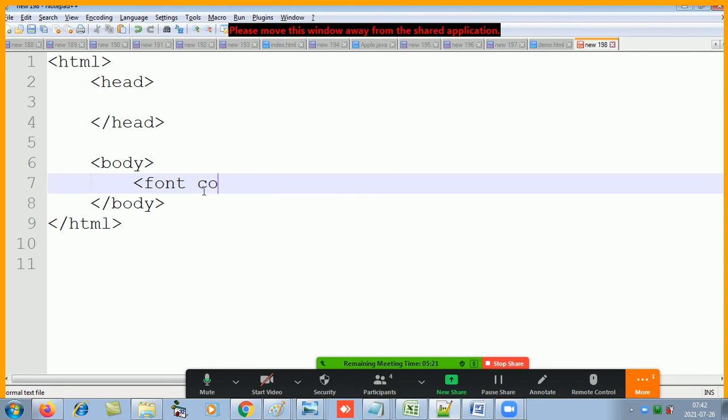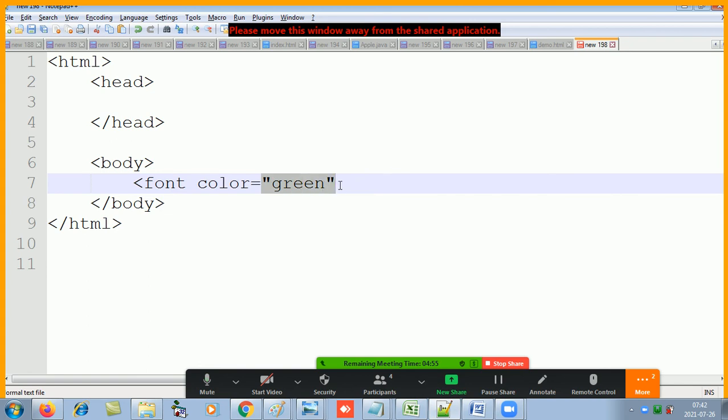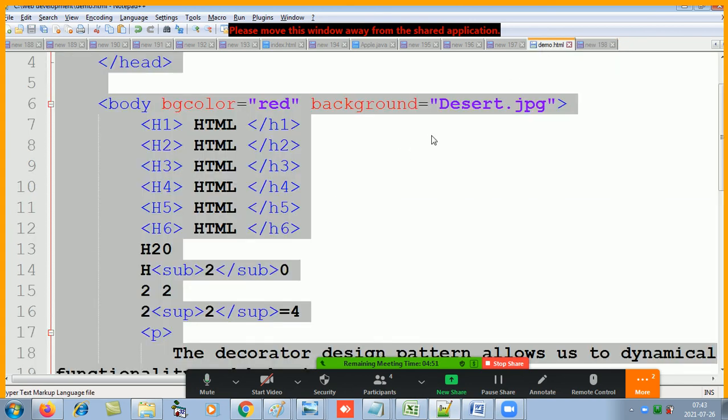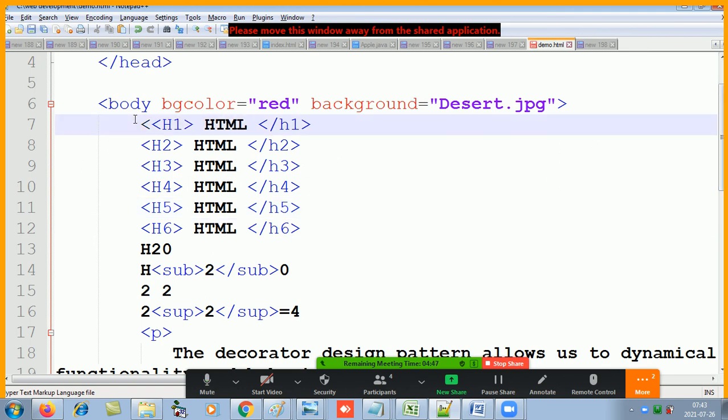So if I want the color to be, let's say, green, which element am I using to color the text? Font. Which attribute of font? Color. And what value have I given to the color attribute? Green. So now I can just go over here and say font